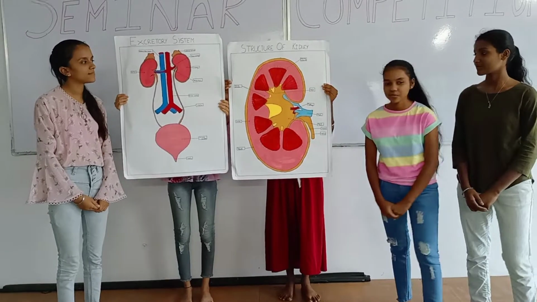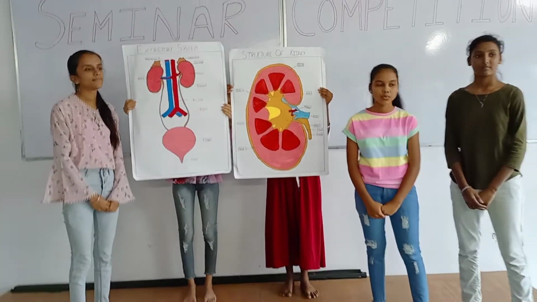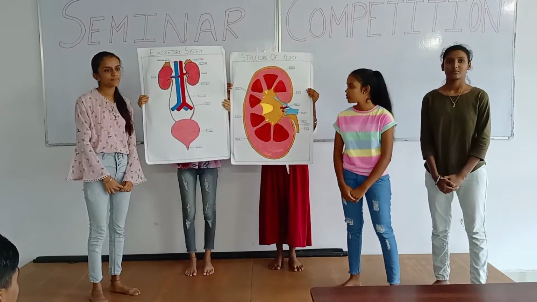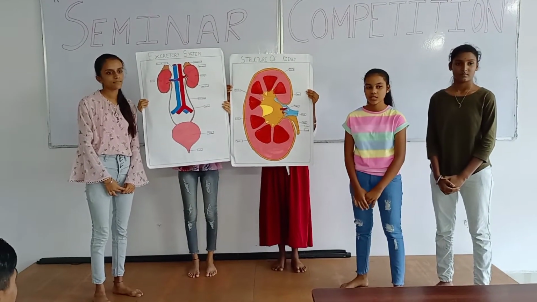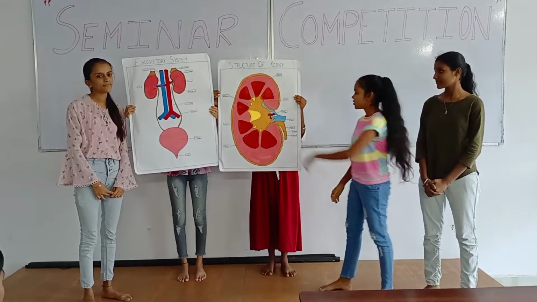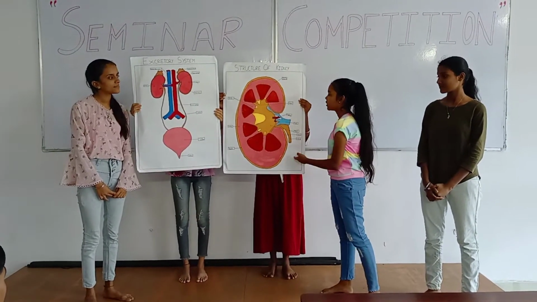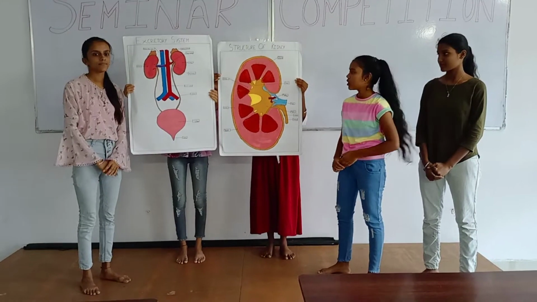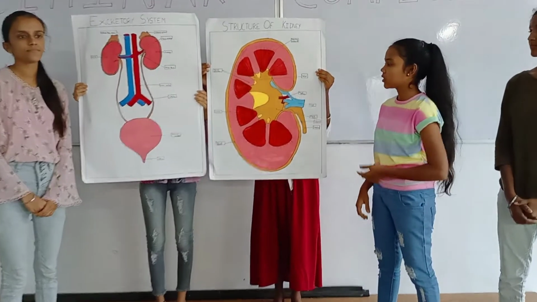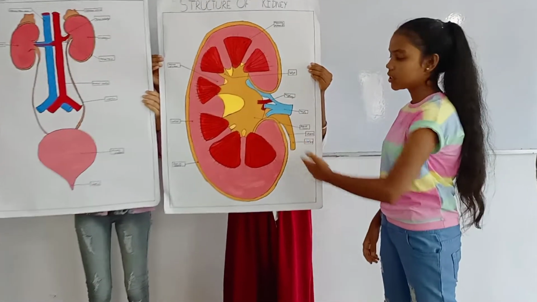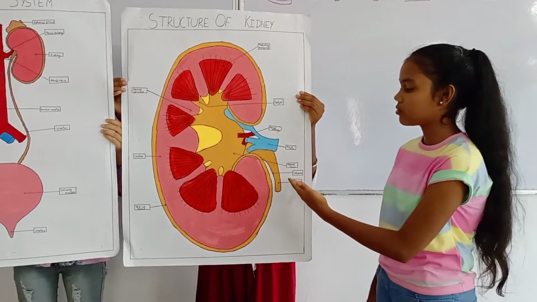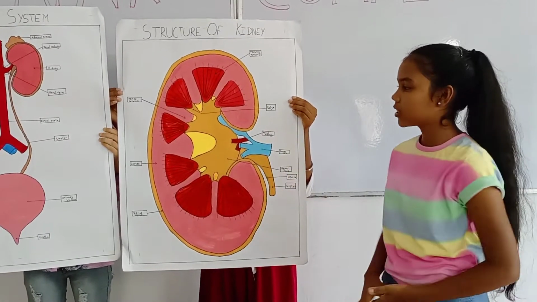Yes. Friends, you know that the work of the kidney is to synthesize urine. But exactly which part of the kidney synthesizes urine? Now I will explain that. This thin upper layer of the kidney is called the renal capsule, which is fibrous and transparent. It gives shape to the kidney. The inner concave side of the kidney is called the hilum. Here blood vessels, arteries, veins and the ureter enter the kidney.